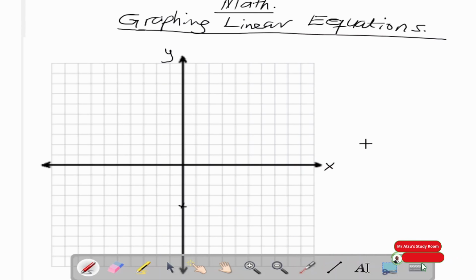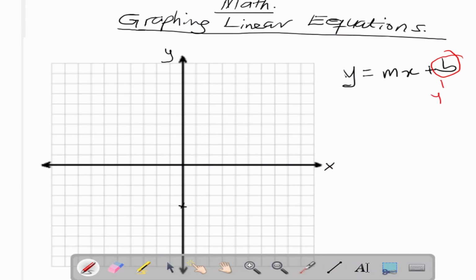Today we are graphing linear equations. We are using the slope-intercept form of a linear equation, which is y equals mx plus b, where b is the y-intercept, simply meaning where the line intersects the y-axis, and then m is the slope, which is the same as the steepness of the line,